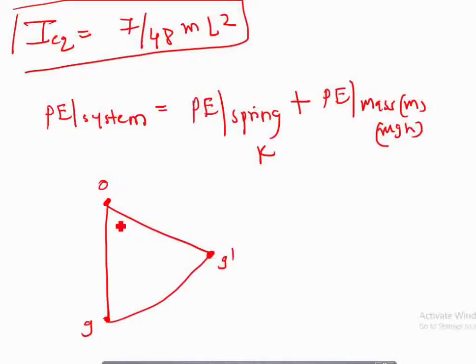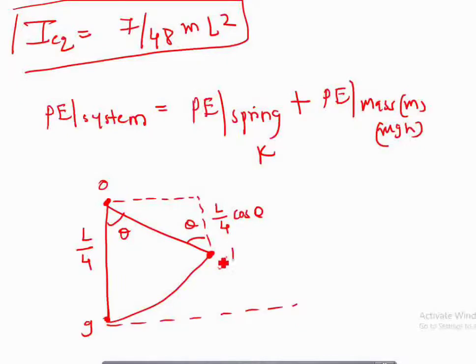Okay. So what is this total height? This total height is nothing but L by 4. So this is theta, and this is also theta. So this height will be L by 4 into cos theta. So this is nothing but the h. So what is h? h is equal to L by 4 into (1 minus cos theta). This we have already studied. Okay, so now let us solve the potential energy.